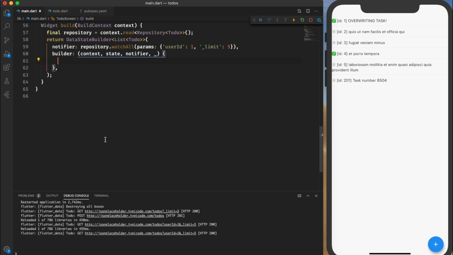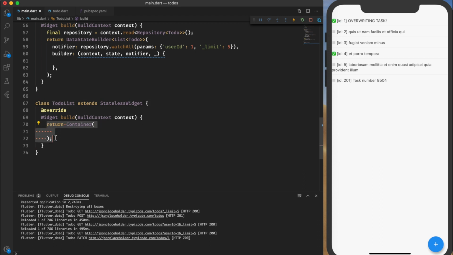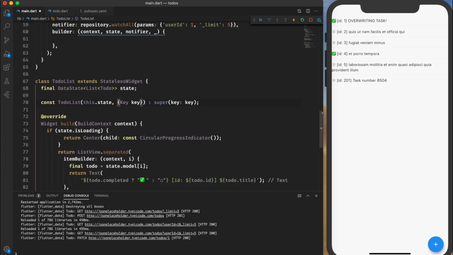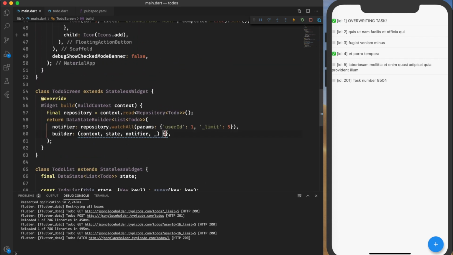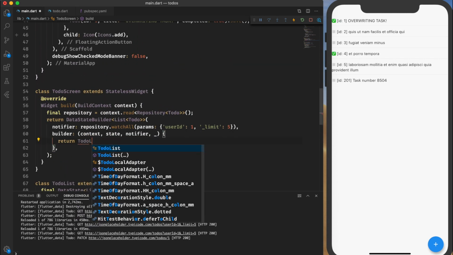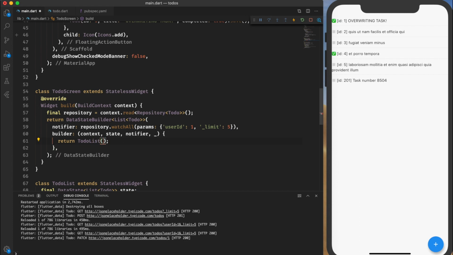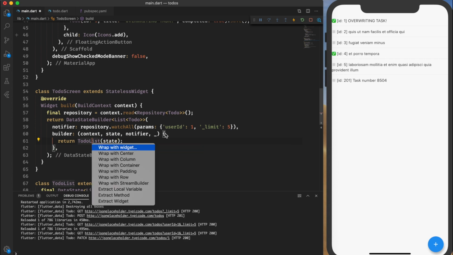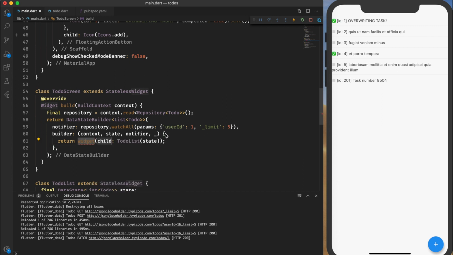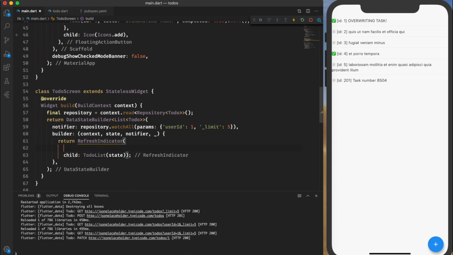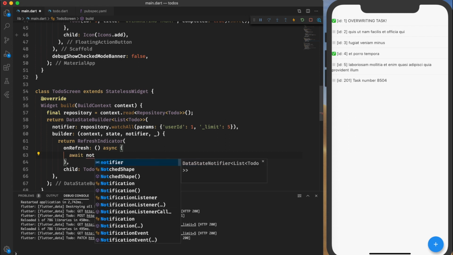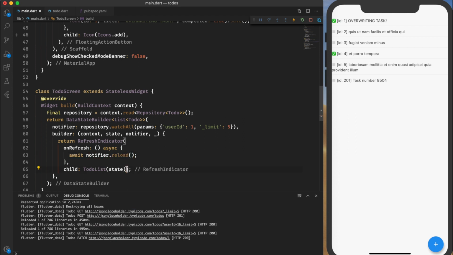Time to refactor some code and put that builder into a new stateless widget called TodoList. We need to add a constructor where we can pass in some state and call it TodoList with an argument of state. Wrap that with a widget. What we want to do now is add a RefreshIndicator for a pull to refresh feature in our app. And on refresh, we'll call notifier.reload. This is a very useful function